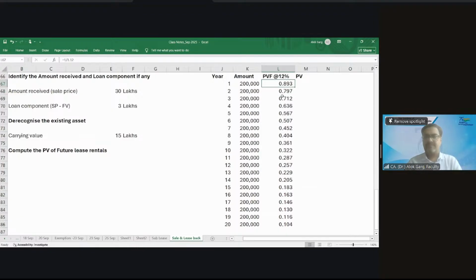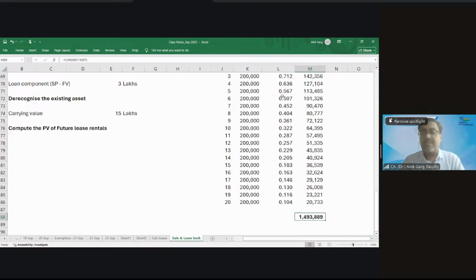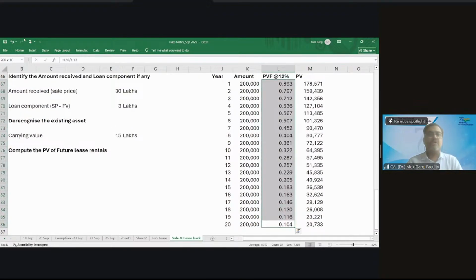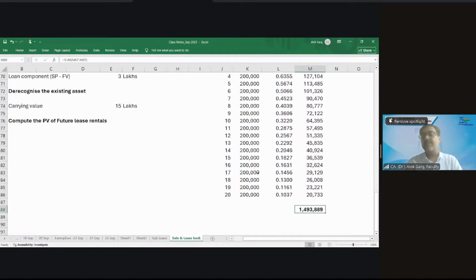Sir, alternatively, we can do for 20 years PVAF. Yes, you can do that. So what is your present value of the lease payment? 14,93,889. Okay. This is your present value of future lease payments. So you can also take this as a round figure of 14,94...